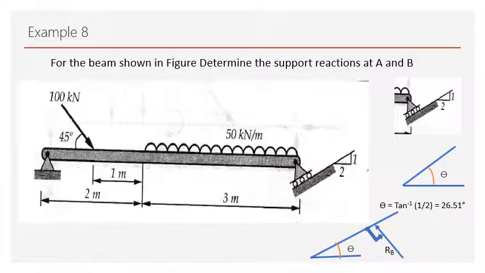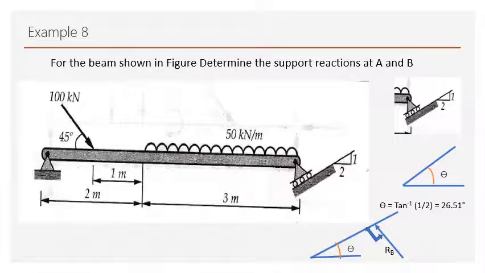And the reaction, or tan inverse 2 by 1, same answer you get. So the reaction you have to show perpendicular to the line of action, not the vertical reaction. Please keep that in mind. Whenever the inclined support resting on an inclined plane is given, you have to show the reaction perpendicular to that line of contact.